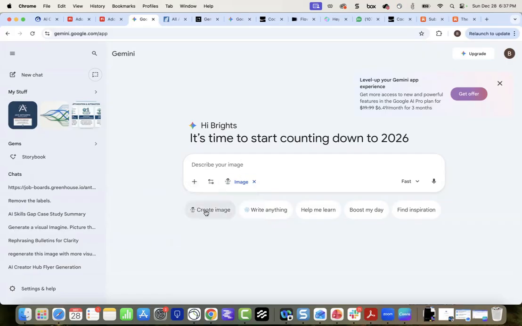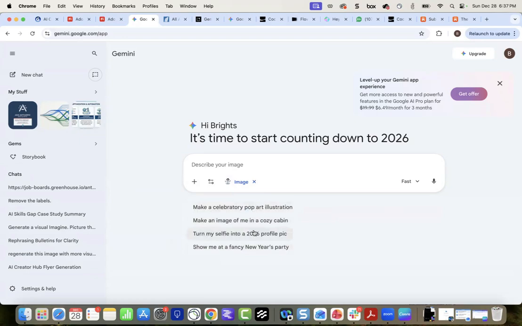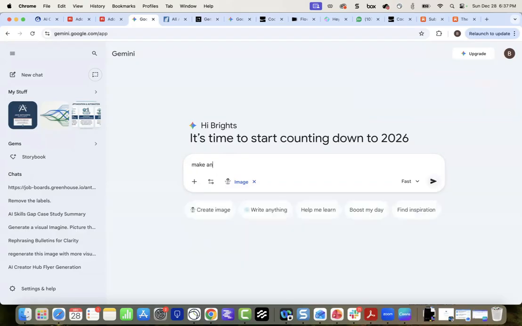Okay, so if you look at this, there's 'turn my selfie into a 2026 profile picture' and 'make an image of me in a cozy cabin.' These are some examples. Maybe we'll try 'make an image of me standing next to'